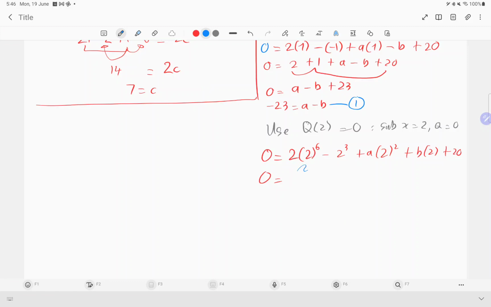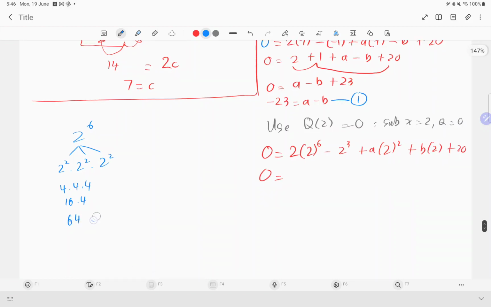2 to the power 6 is what? Let's work it out here. 2 to the power 6, again, the trick I mentioned earlier, split it like that. It's 2 squared times 2 squared times 2 squared, so that's 4 by 4 by 4, which is 16 by 4, and if you have done enough of that, you know that it is 64. Then you need to times that by 2, so that will be 2 times 64. I will do a bit at a time. 2 cubed is 8, yes. But so I'll go 4a plus 2b plus 20. So that will be